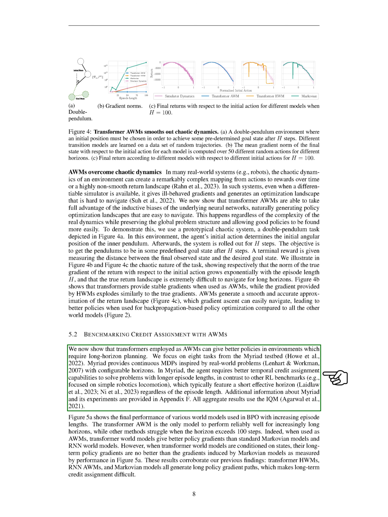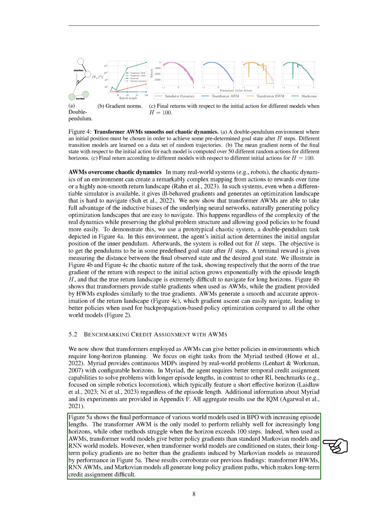When we look at the overall results, which are summarized using the interquartile mean, IQM, it's clear from the figures that transformer-based AWMs are uniquely capable of maintaining high performance even as the episode length, and thus the planning horizon, increases. This is not the case for other methods, which tend to falter when the horizon goes beyond 100 steps.